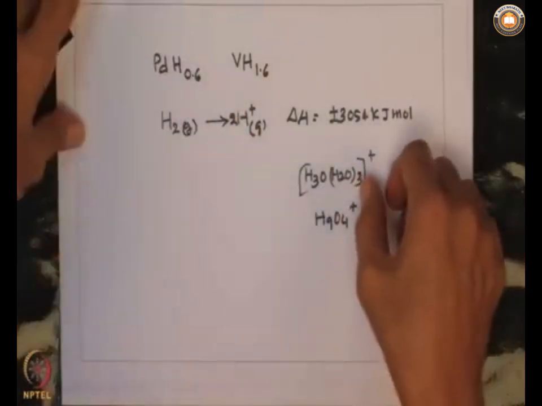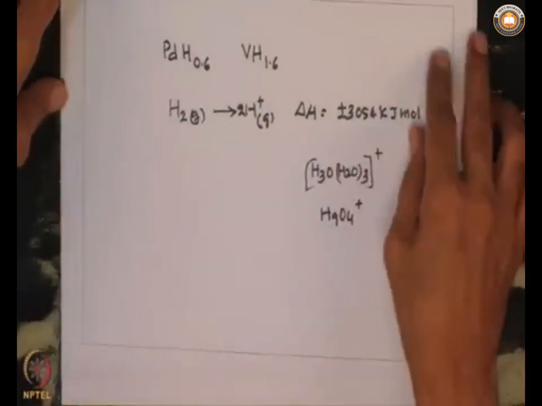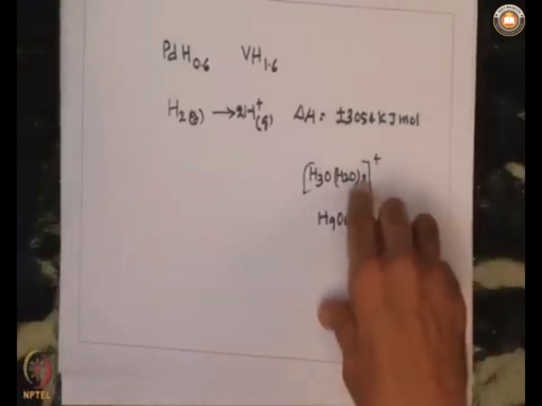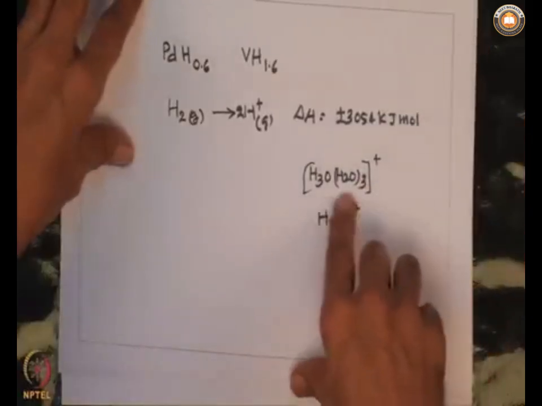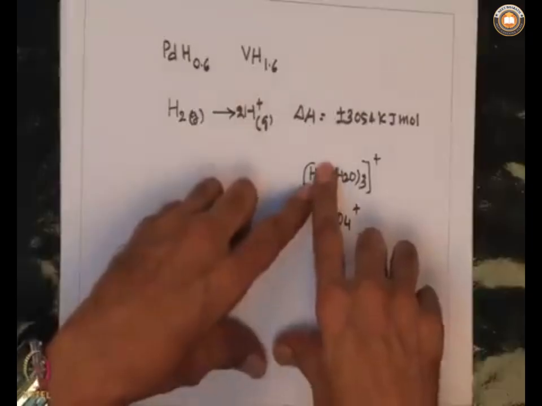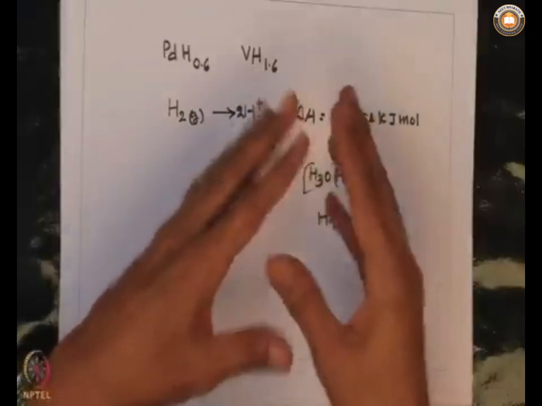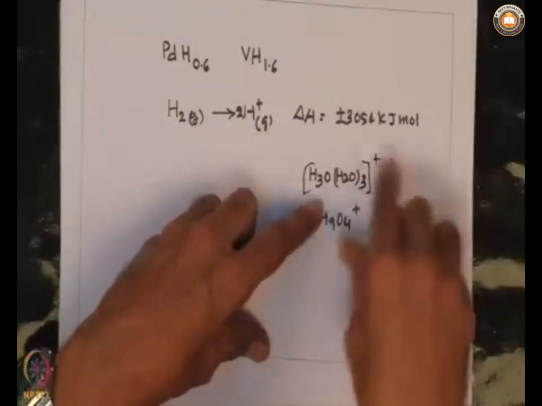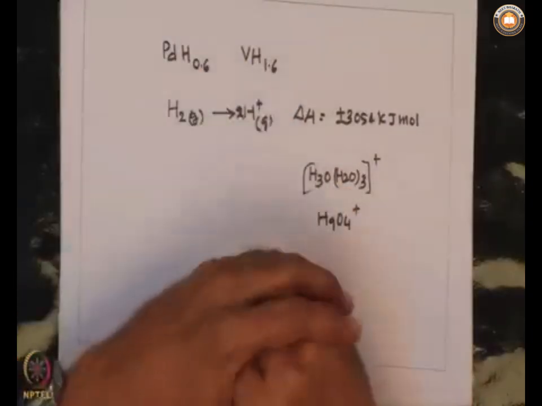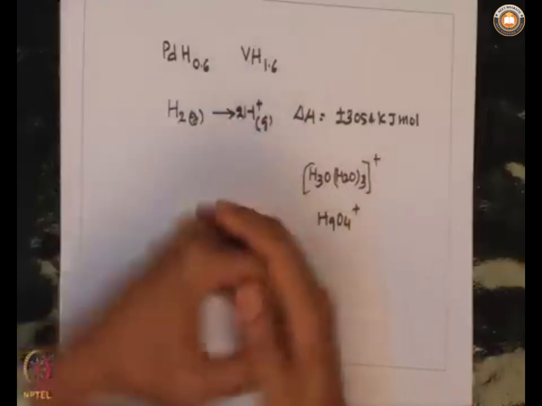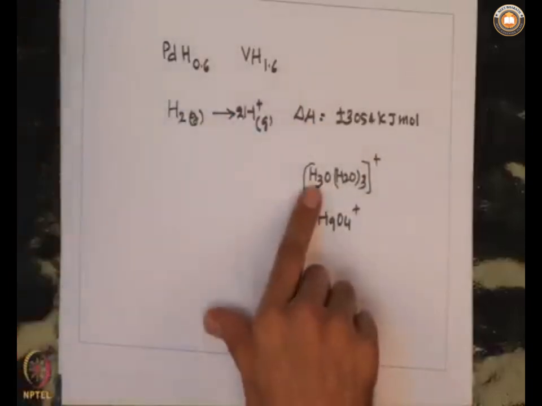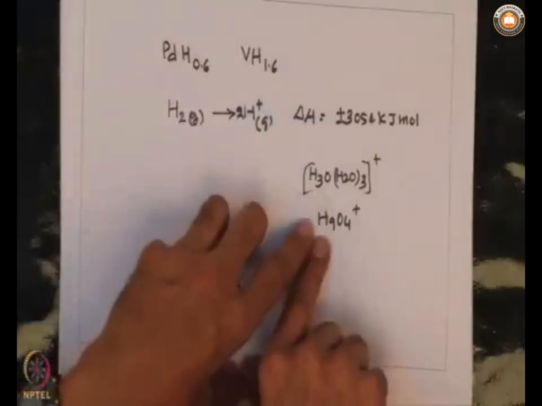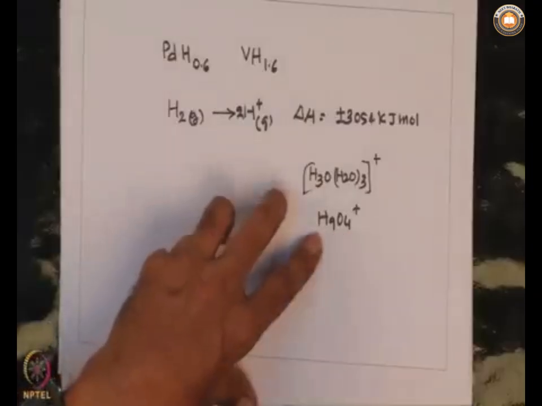So as soon as H plus is formed, it has a tendency to get solvated and forms the H3O ion, and because of the positive charge on H, it readily combines with the oxygen atoms of neighboring molecules to have a composition of H3O, H2O 3 times, or the H9O4 cationic form.